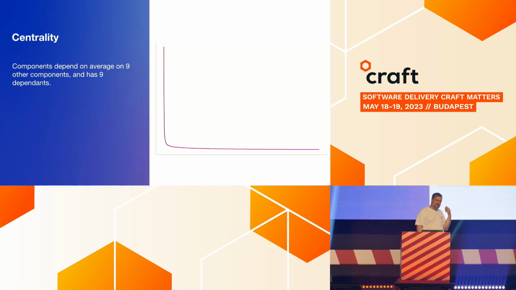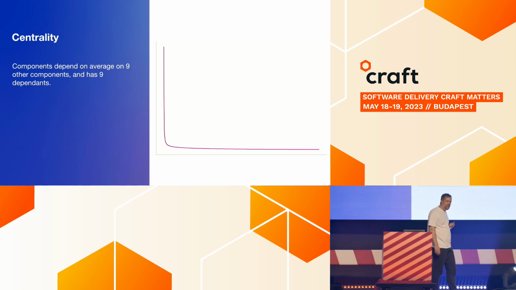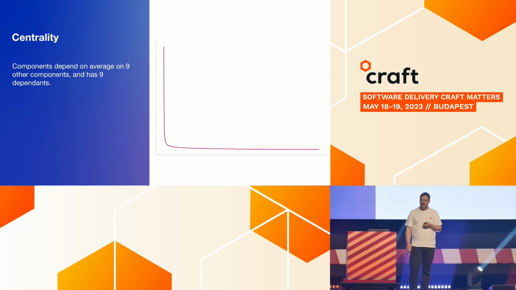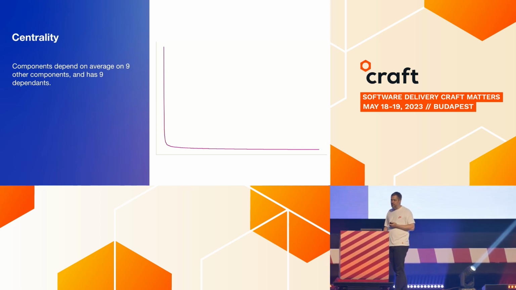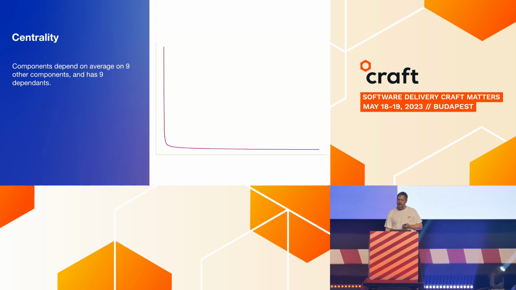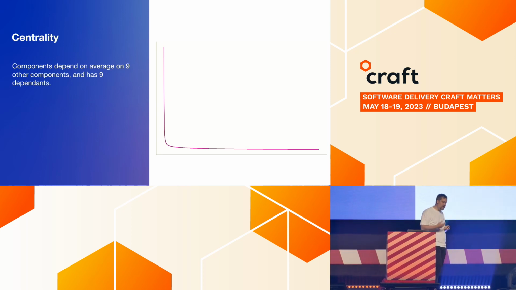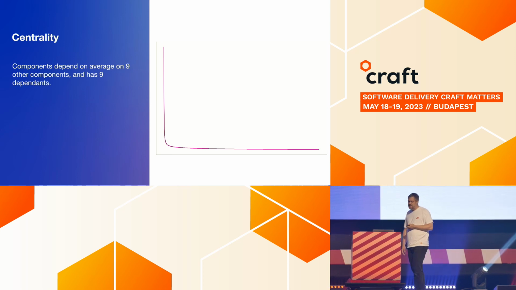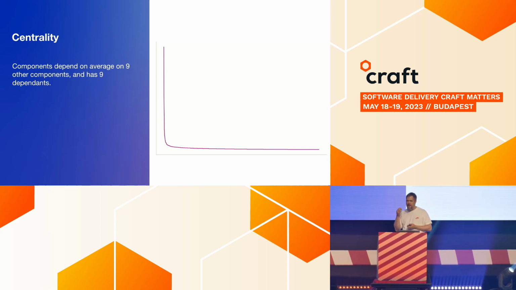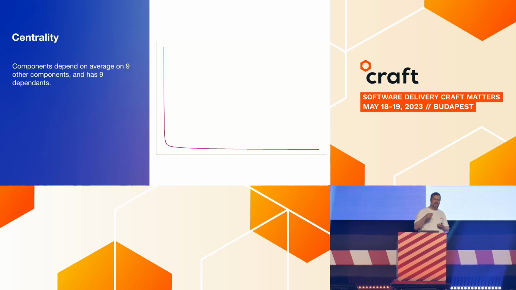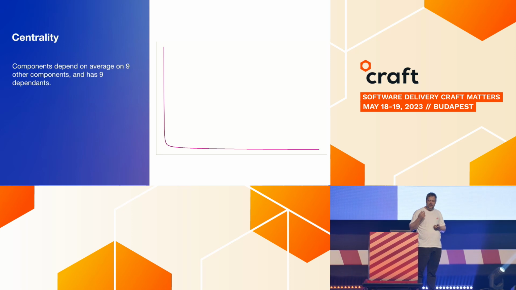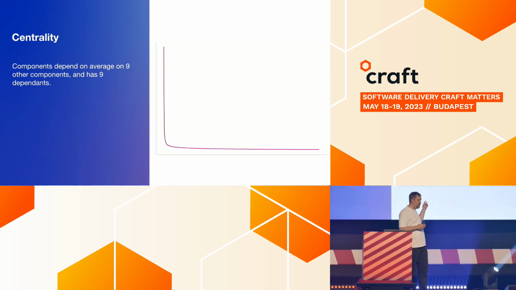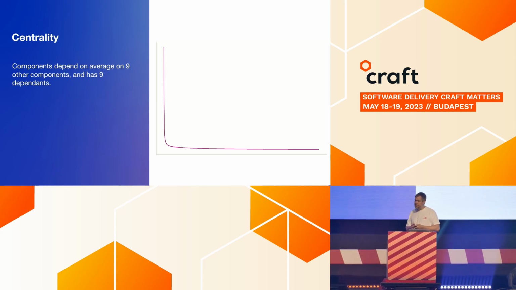So now that we have this dependency graph of all our components, we can put that into all the types of graph algorithms or network algorithms that are out there, and we can actually start using that as a way to derive metrics around our architecture. So one of those is centrality. This basically speaks to how many incoming and outgoing dependencies a particular node has. In this weird-looking graph, this actually shows the distribution of that for our services again.